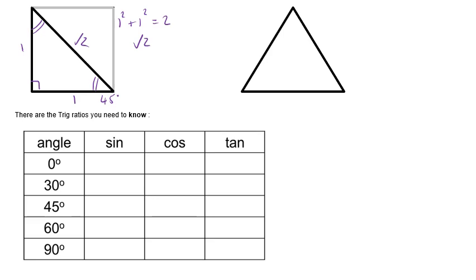Now we're going to use this to fill in the values along this row for a 45-degree angle. We could use either angle, but just to hopefully stop a bit of confusion, let me get rid of that one and we'll just focus with the angle we've got here. So we've got opposite, hypotenuse and our adjacent. Remember from SOHCAHTOA